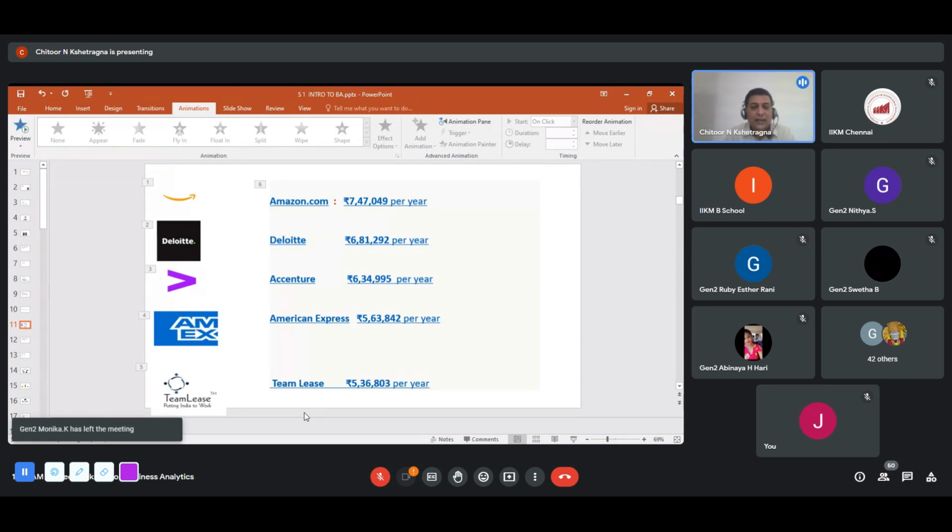Team Lead is an HR recruiting firm. So what they do is, let's say if a company wants temporary staff, they would do this. That's one part of their business. The other part of the business, they also do recruitment. Team Lead is talking about analytics job salaries at rupees 5 lakh 36,000. So money is good, that's for sure. And you can always go back and check any of these websites I mentioned, so that the validity and authenticity come in. It's not that we are talking in thin air.